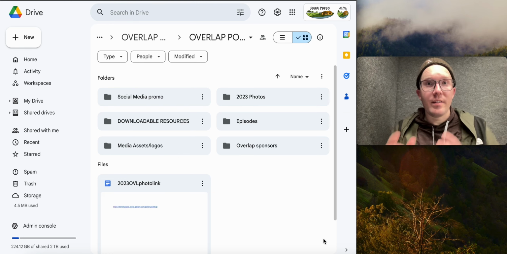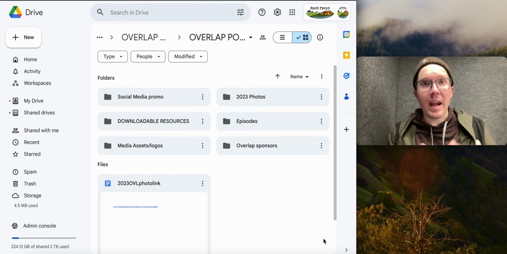Uploading and sharing files and folders. So the easiest way to upload any file or folder is simply drag it from your computer desktop or whatever other part of your computer the file or folder is in, and just drag it right here and it'll automatically